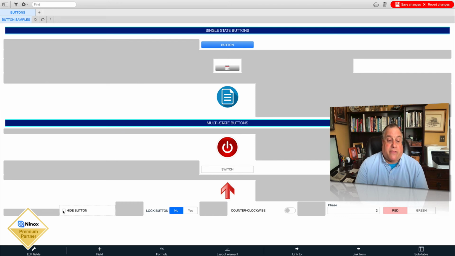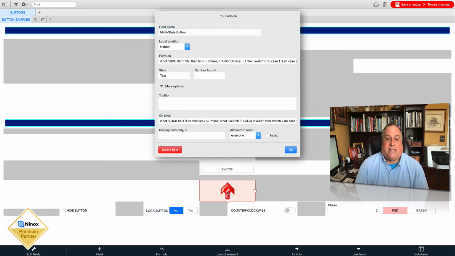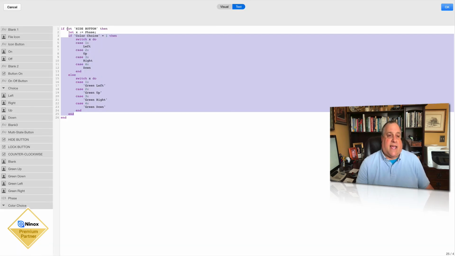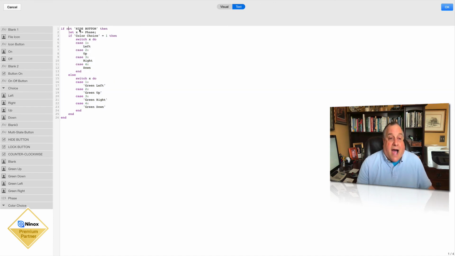Let's start with the hide button. When hide is yes, button is hidden, invisible. When hide is unchecked or no, button is visible. How did that work? This if then says, if the button is not hidden, then and only then display one of these 8 images, which is to say, one of the 4 red images or one of the 4 green images. But if the hide button